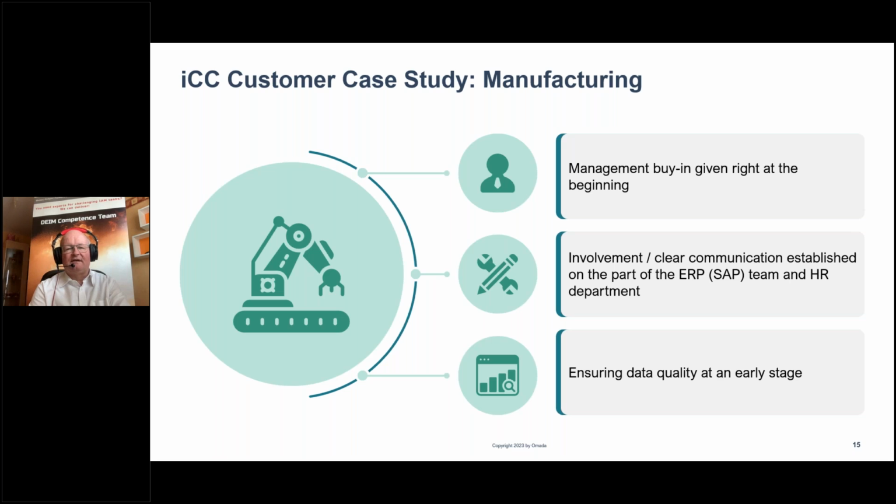One of the first things was that the management was involved directly at the beginning of the project. That leads to two effects. One is that the cost funding was guaranteed because the management directly recognized how important it is to have this IAM project in place. And the second thing is that by communicating from the management to all the departments involved